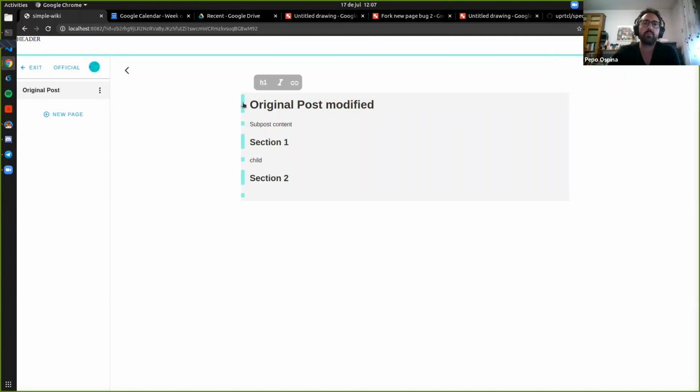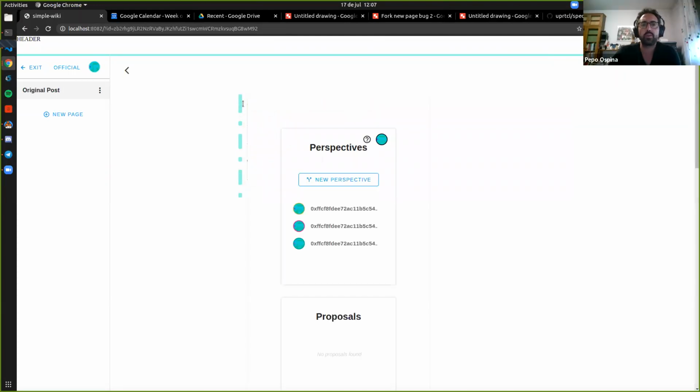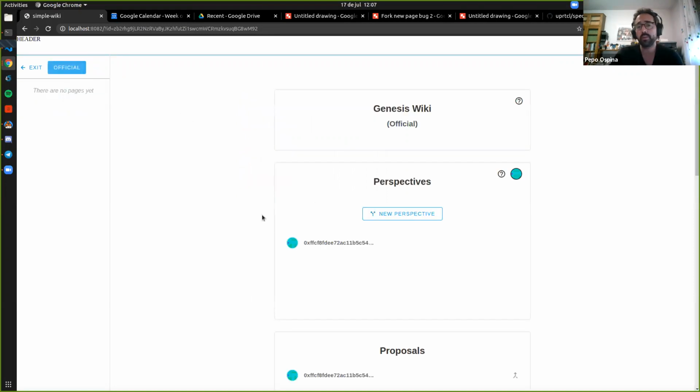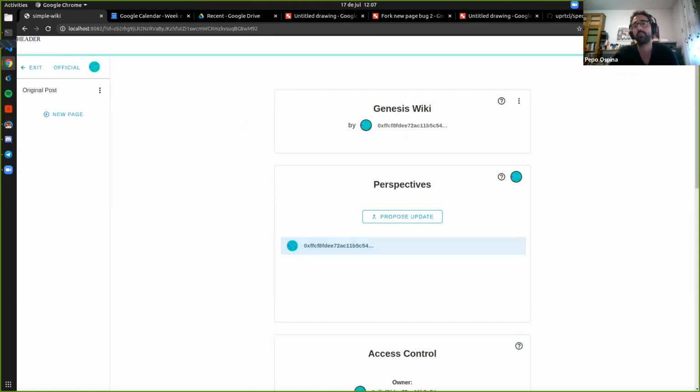Just to give you an example, this page, original post, has 3 perspectives. I was just playing with this feature. And the official wiki, which is another Evee, has only 1 other perspective. But it actually has 5 other perspectives because one of its children has 4 perspectives. So we are not aggregating those here. And actually, this is a local stuff. We hide this complexity on our front-end application. But being able to handle that kind of cases is one of the key open issues.